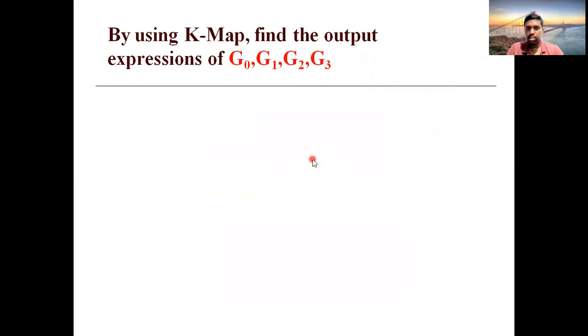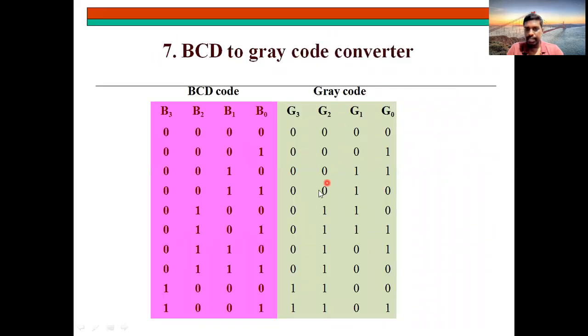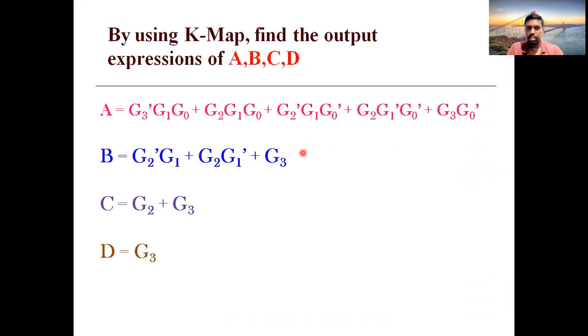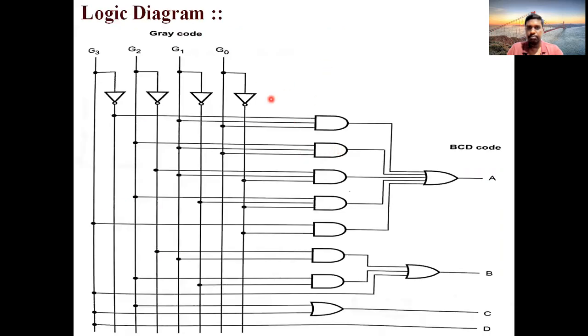Copy these gray color values towards the left side, pink color values towards the right side, and that will become the table for this. Then the same K-map simplification, and you will get these answers and draw that diagram. Okay, if you do it in this particular way, then it will be very easy for you to analyze.